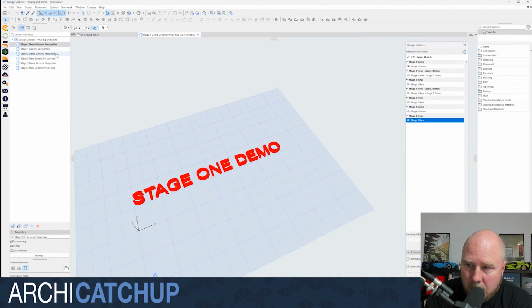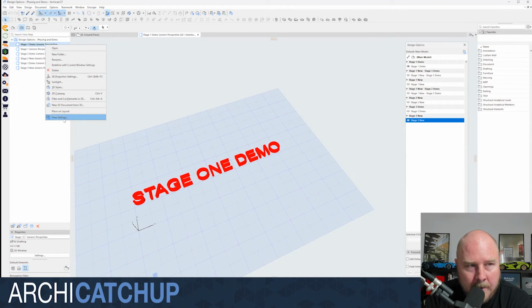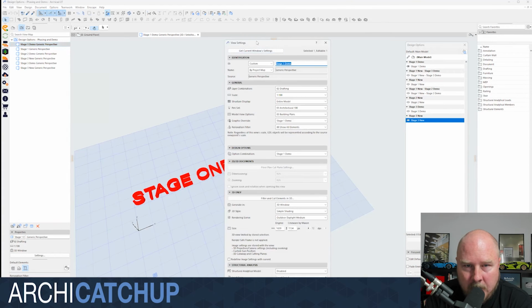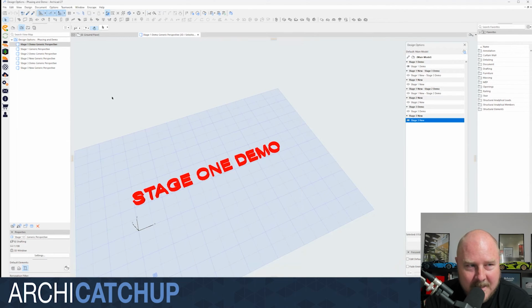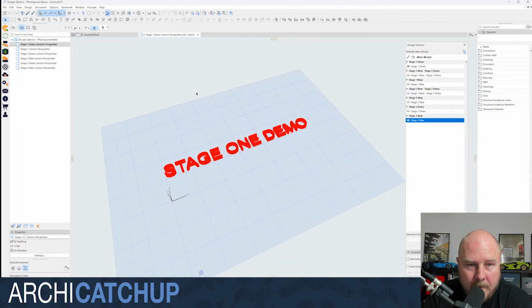Now, moving through those settings, we've had to create views. So now we go into our view settings, and you'll see here now that we also have in place design options as a new kind of tab within our view settings. And what I've done is I've created those design options settings based upon the different stages I have in place, applied to each individual view. So as I talked about before, what this means is that no longer, unless you have a very specific way of working on certain projects where you have stages on all of your projects,